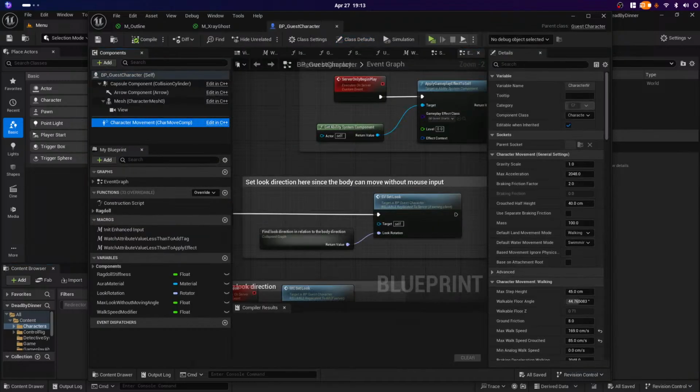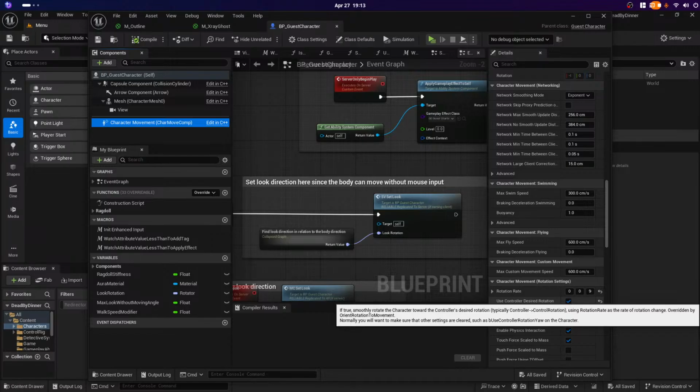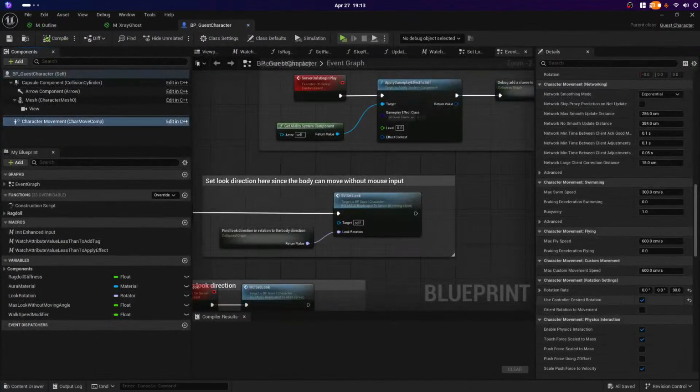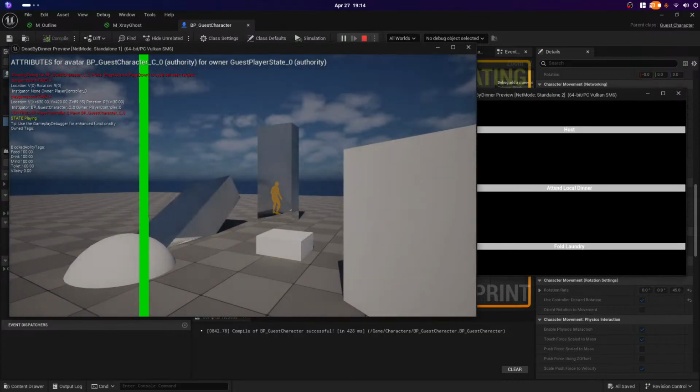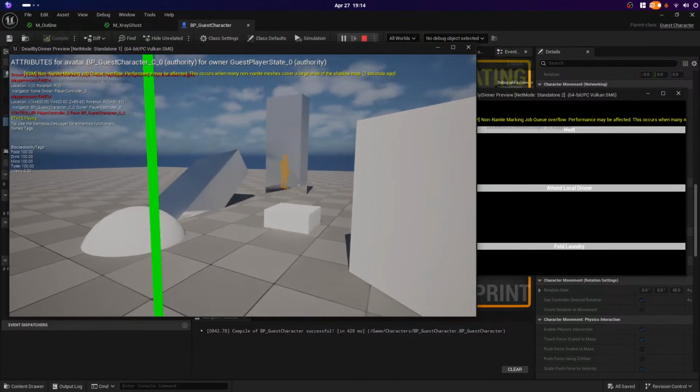is the character movement component, and it has rotation settings down here, and we're going to use controller desired rotation. So essentially you are moving towards where the controller points, which is the head. 90 is a bit too fast. I'm going to set this to 45 because I'm a dick, and it will demonstrate the point. So the rotation rate on Z, that's along the Z axis, not the Z